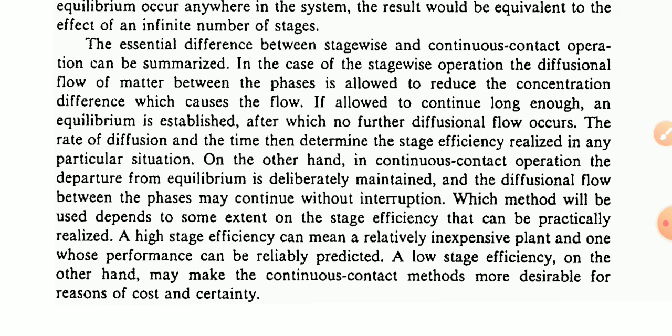And the essential differences between stage wise contact and continuous contact operations we can look at. They can be summarized in the case of the stage wise operation and the diffusional flow of matter between the phases is allowed to reduce the concentration difference, and a concentration gradient is the method of the mass transfer conducting operations. Okay, this is the cause of the flow, and if allowed to continue long enough, an equilibrium is established after which no further diffusional flow occurs. The rate of diffusion and the time then determine the stage efficiencies